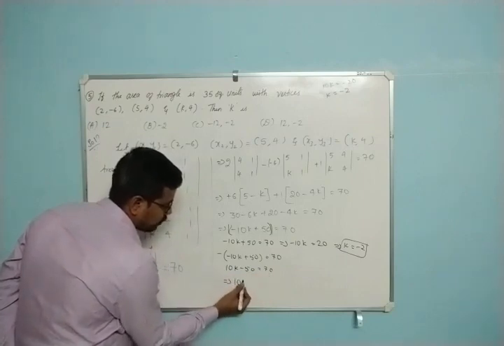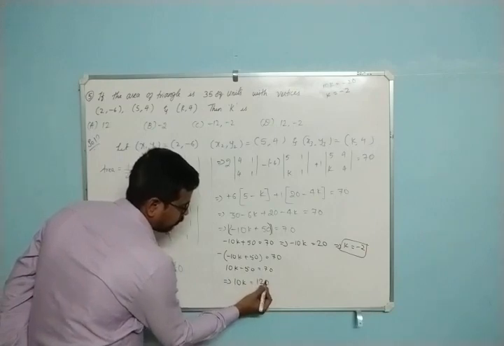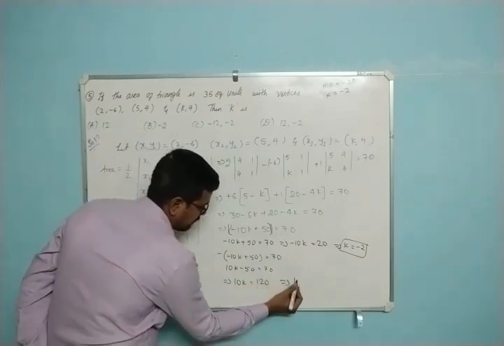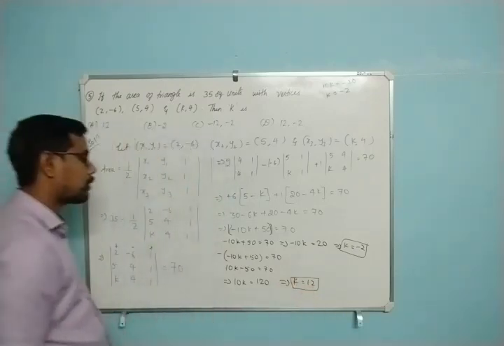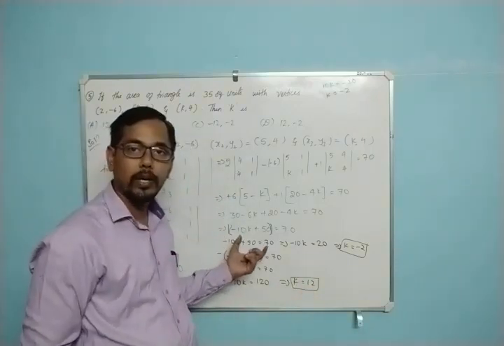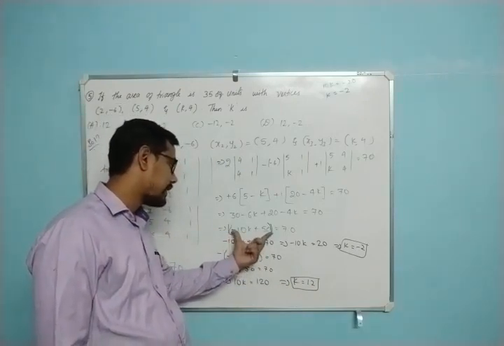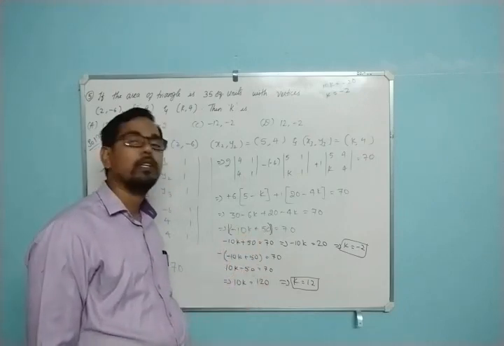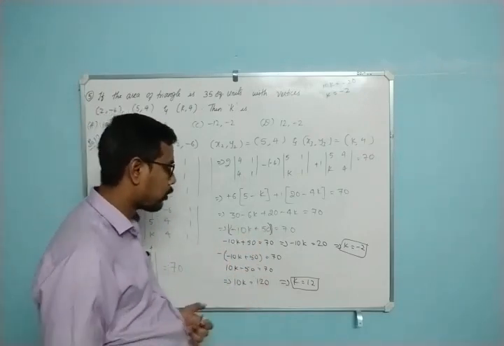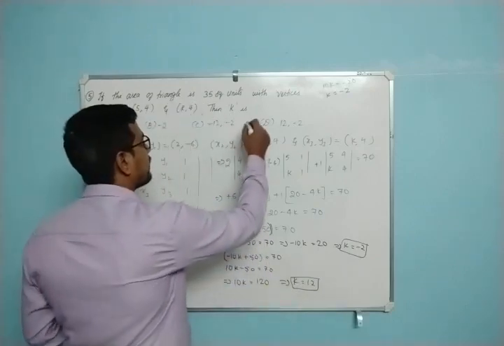So 10k will be equal to 70 plus 50, which is 120. k will be equal to 12. So whenever you get a question where you need to find the value of k, first consider whatever is there as it is, then as negative, then calculate the value. So whatever you got is minus 2 and 12. Where do we have minus 2 and 12? That is option